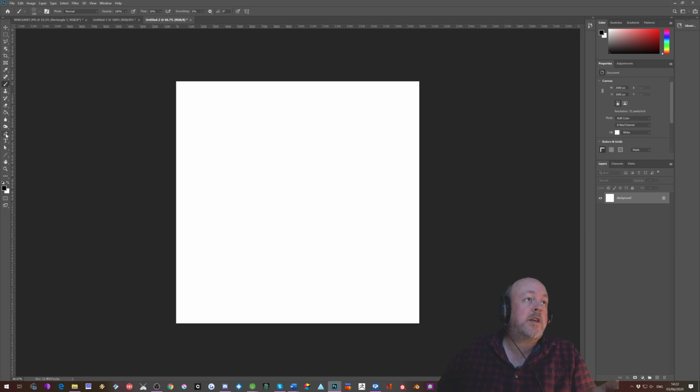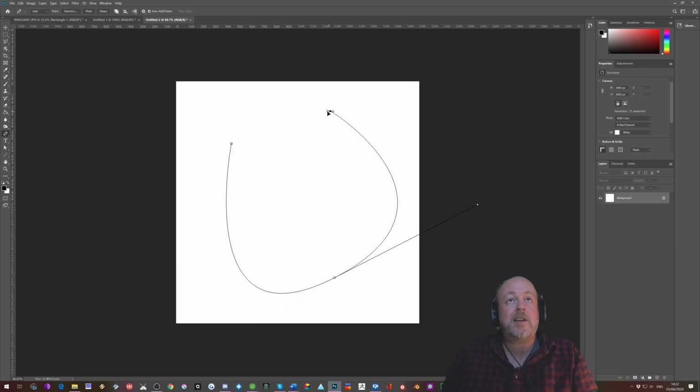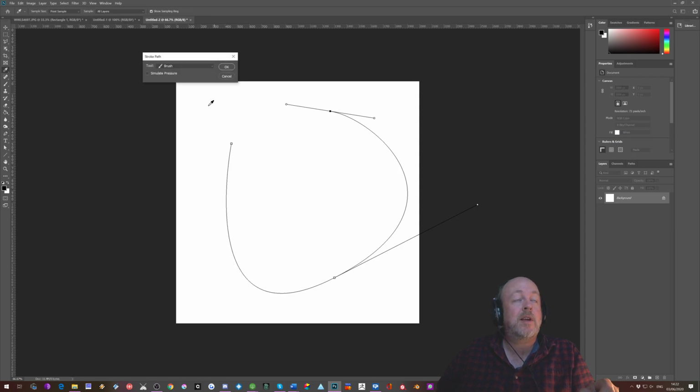If we use the pen tool, which we're going to go into more depth with, if I left click to drop a point, then left click and hold that point and drag this handle out, I can create a smooth Bezier curve. Now if I click again, I'll add another point which I can move around, giving me a smooth curve shape. Now if I then right click on the line and choose stroke path,